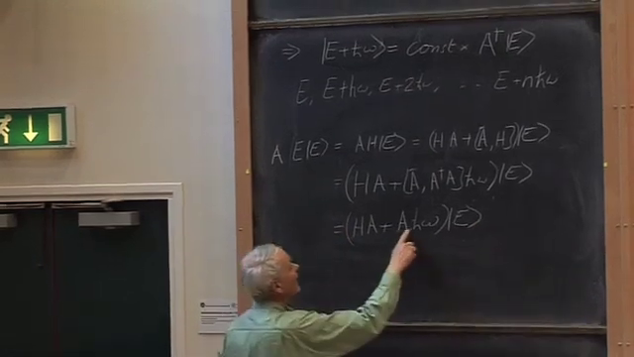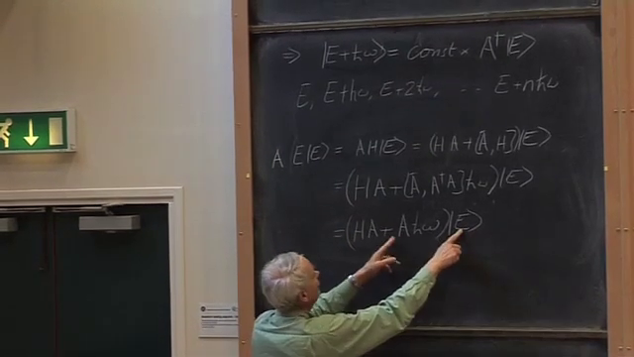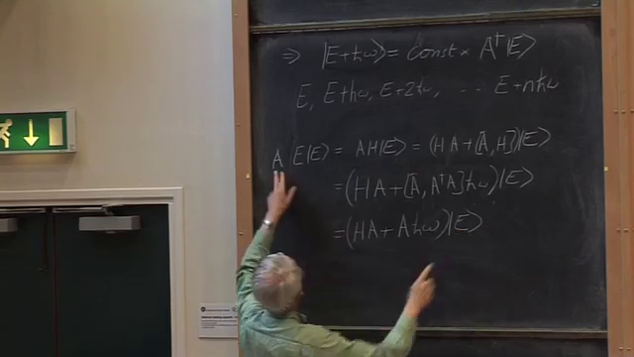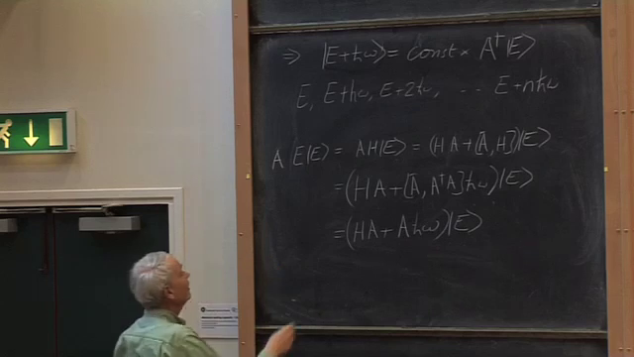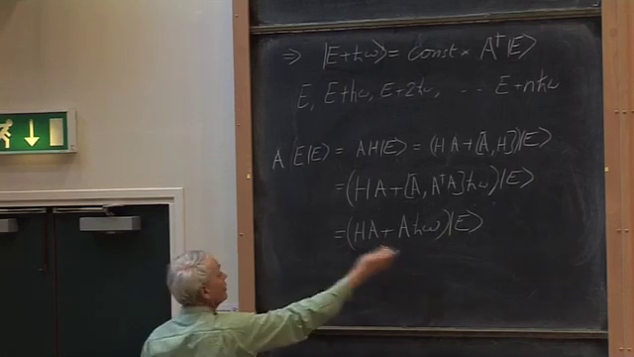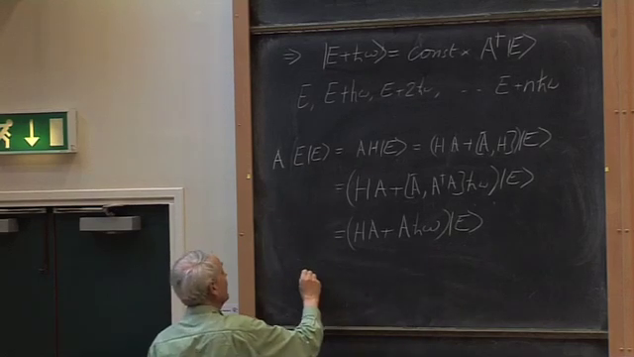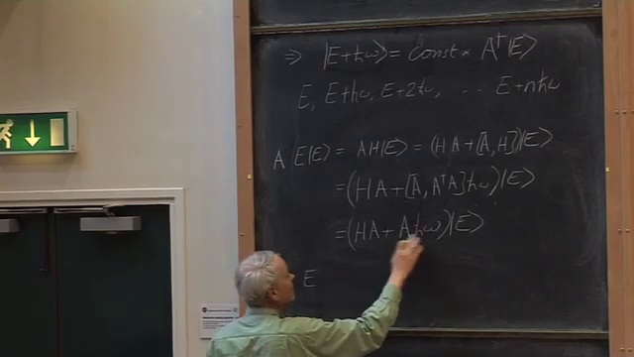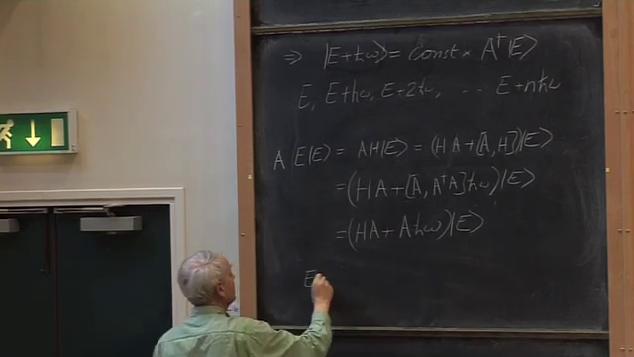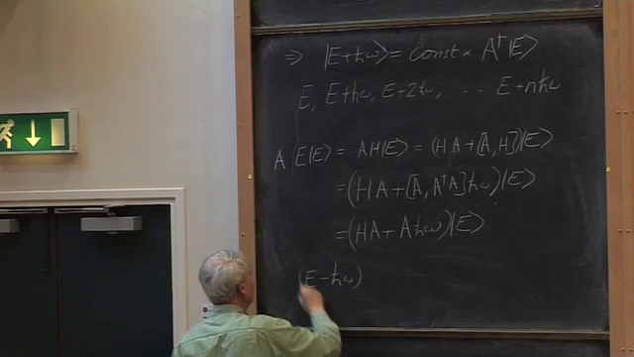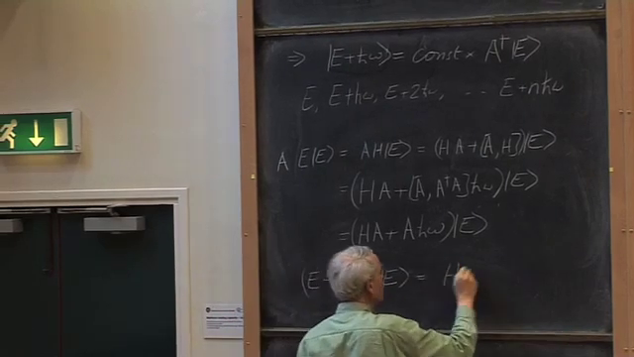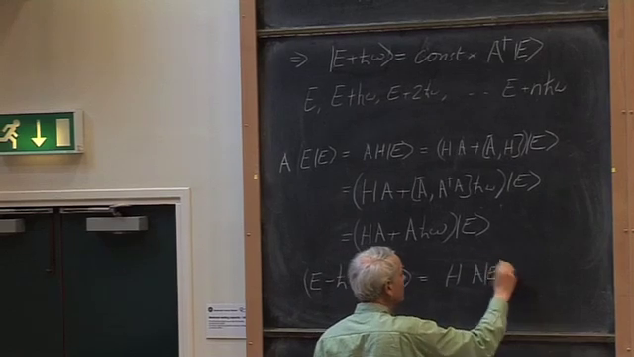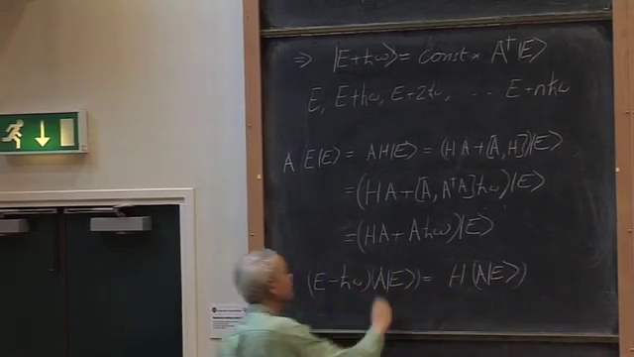So we have an AE with no operator in front on this side of the equation, but we have the same thing on that side of the equation. So we take these together onto this side of the equation, and we then have that E minus h bar omega goes to the other side and becomes a minus h bar omega AE is equal to HAE,